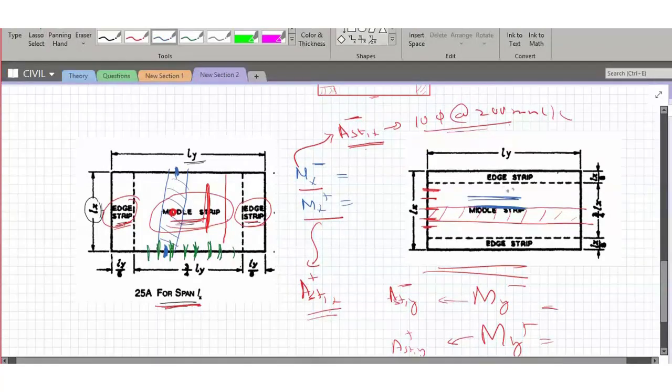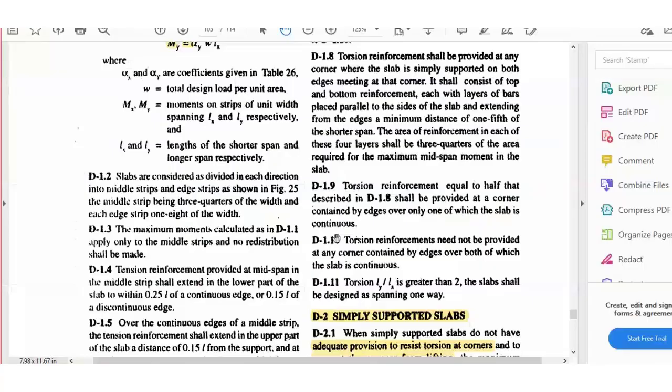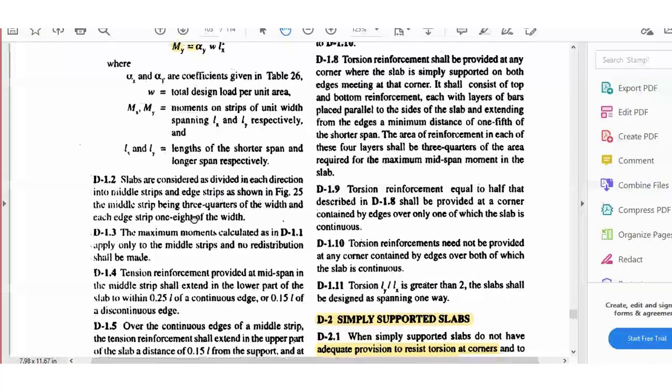So some dia bar at some spacing. But whatever steel you provide, you'll provide only in the middle strip. You will not provide it in the edge strip, because the code has said that whatever moment you compute is applicable only to the middle strip.